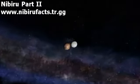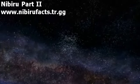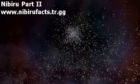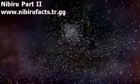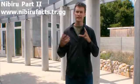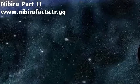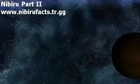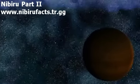However, that's not what some scientists report. When we look out into the sky and look at where the comets are coming from, their directions tend to concentrate in a certain region of the sky. And one possible explanation for that is that that skew is being directed by the gravitational perturbations from an unseen object that is out there. Based on these observations, scientists infer that a huge object